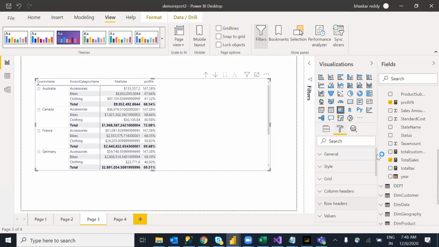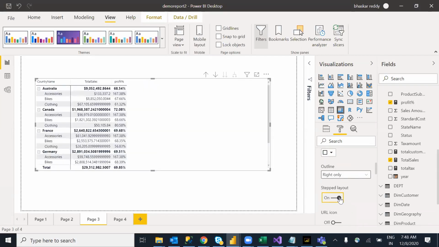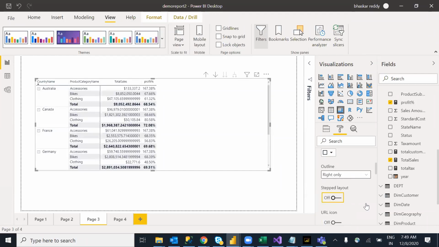This is the property we have in row headers. Row headers is nothing but this. Whatever font you want, all the options will come. Font color, background color, outline, and step property we have already discussed. By default, if you use more than one column, they will be displayed in the same column. I don't want such a thing. You can go with the step layout property. The URL icon will remain the same, we have discussed.